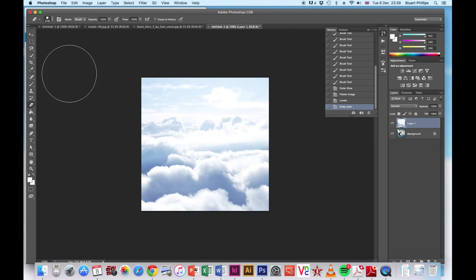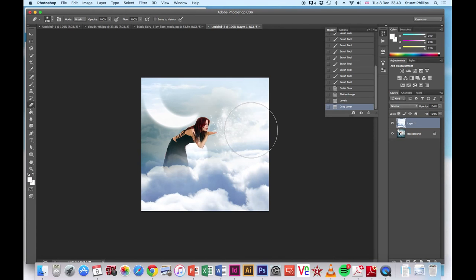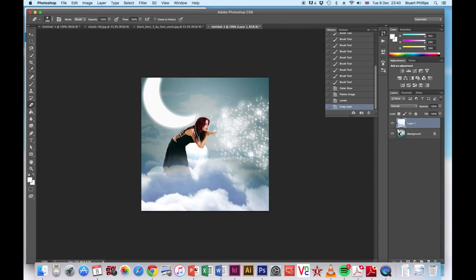So find your brush tool, find your eraser tool, sorry. Pick a brush that's got a soft edge, so one of these ones, so that we can be a little bit less with. And what you need to do is just right about that section, and then just make sure that you get rid of all the top. A little bit further maybe. That'll do us. Alright, so